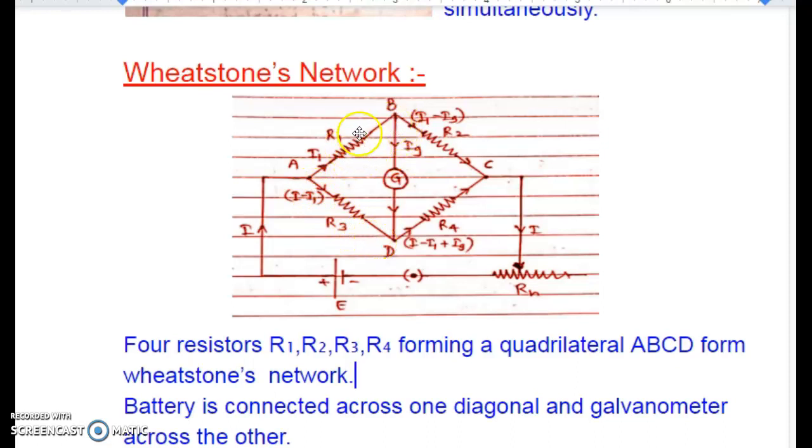At point B, once this current I1 reaches, I consider Ig is some current flowing from B to D. Then the current flowing through this branch BC is going to be I1 minus Ig. This Ig comes here from B to D. I minus I1 is already coming from here, and the total current flowing through this branch R4 is going to be I minus I1 plus Ig. The addition of these two will be the total current I, because this I1 and minus I1 plus Ig and minus Ig will get cancelled.